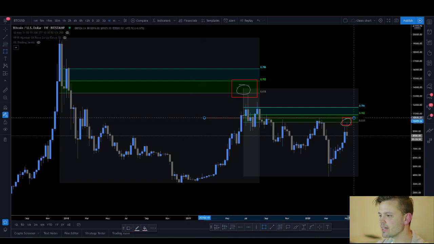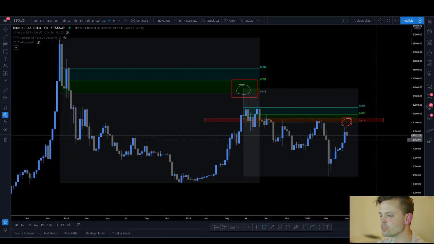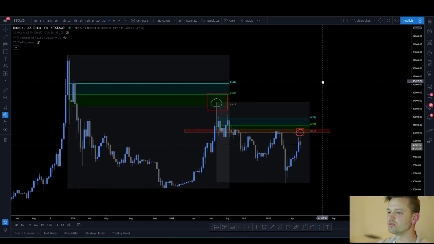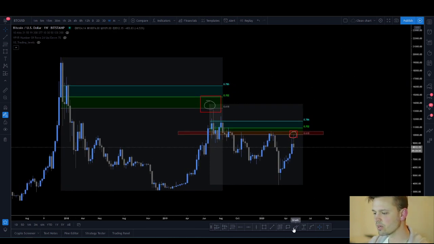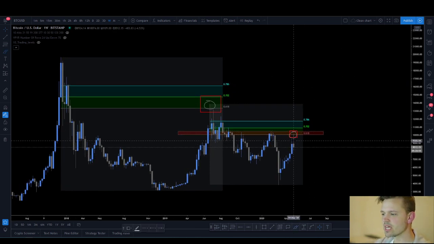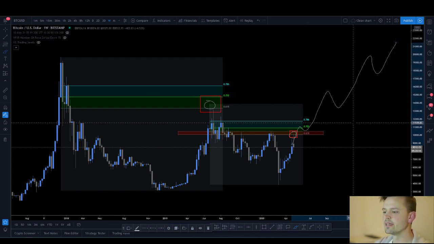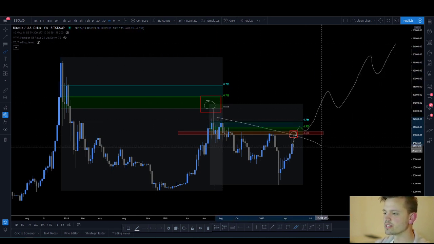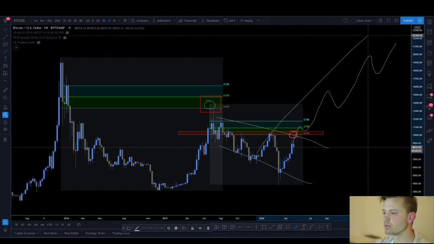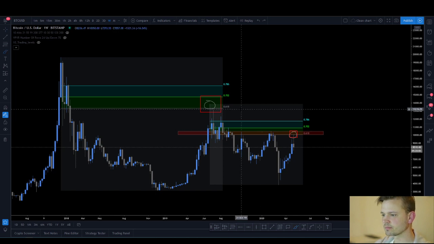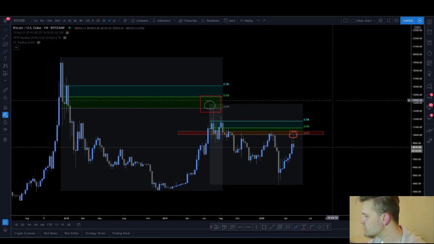That's the high time frame resistance, and it's also the area that needs to break for us to begin a new weekly trend. And if we get a weekly open and close above this area, I think we see something like this, right? That's what I'm looking at. I'm looking for this weekly downtrend to turn into a weekly bull trend. Simple as that. So if you have any questions,